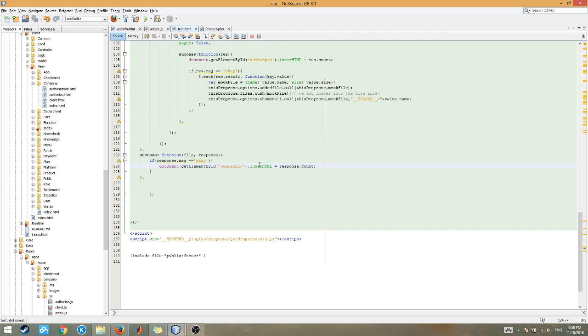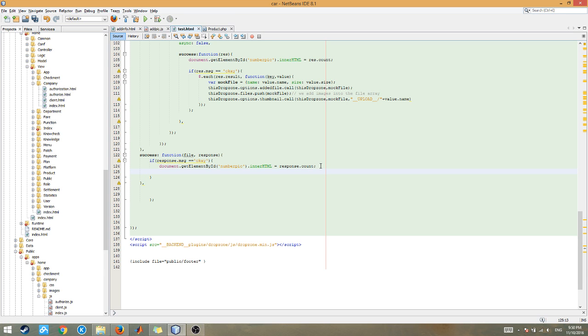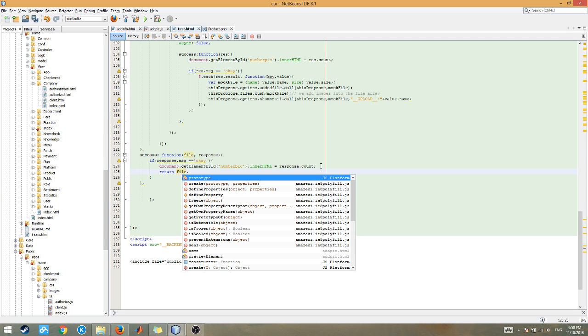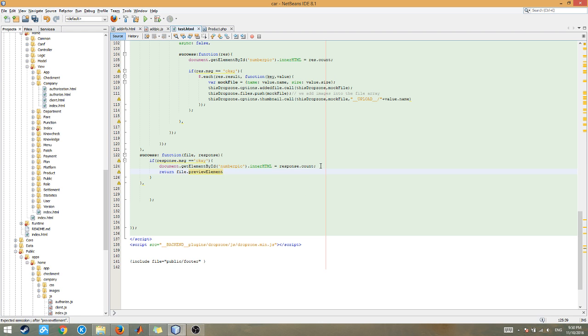That is just to show how many pictures we can upload. Preview. So when it is successful, we want to display something. That's why you need to add a class which is dropzone success, right? And else